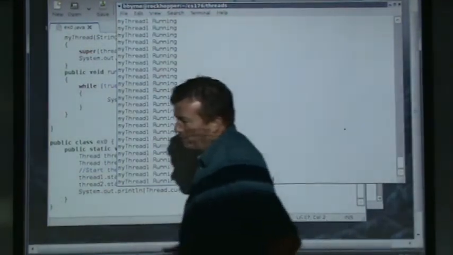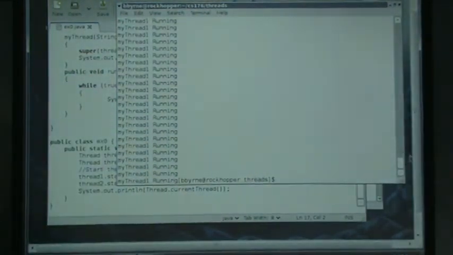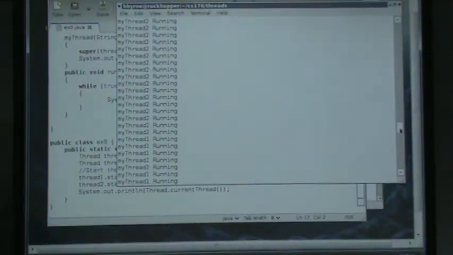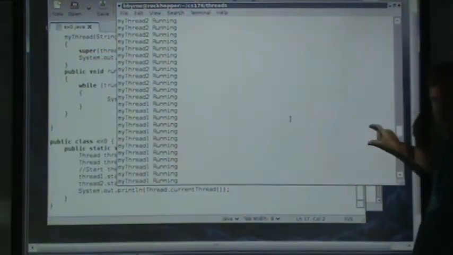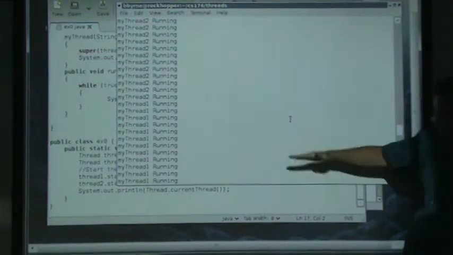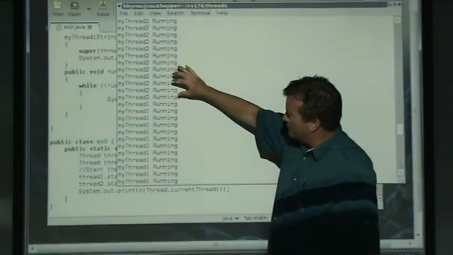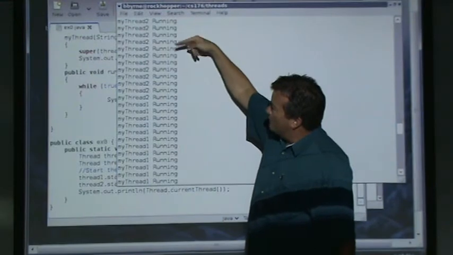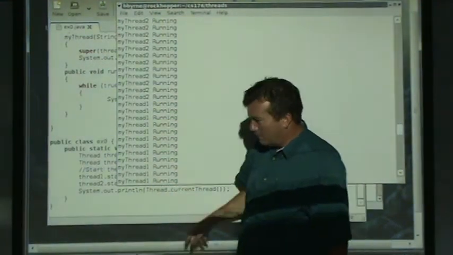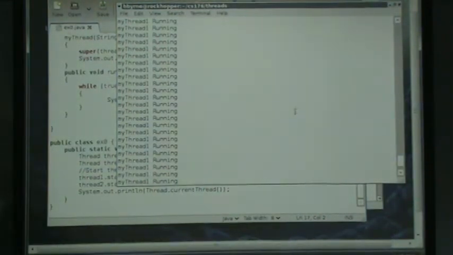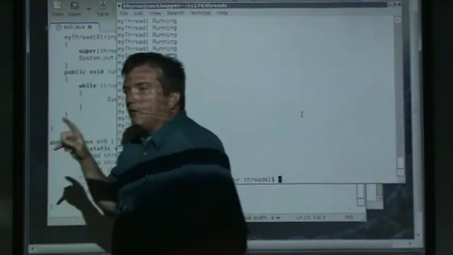So really what was happening, we can now look up, so this was going pretty quickly. Okay, so I'm scrolling up, and as I'm scrolling up, I found the point where it switched from thread 2 to thread 1. So basically it was just saying thread 2 running, and then eventually it timed out. And now it started saying thread 1 running, thread 1 running. So when I eventually hit Control-C, because the two children threads were just going to run forever,